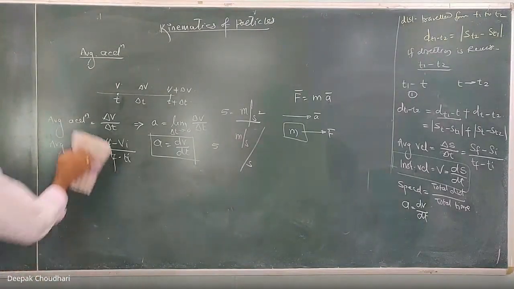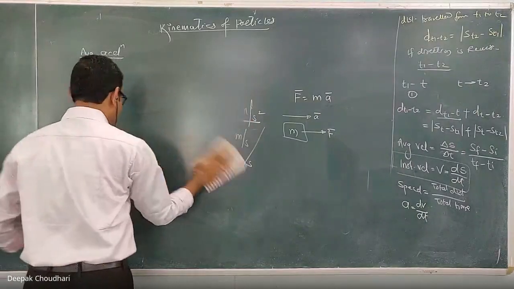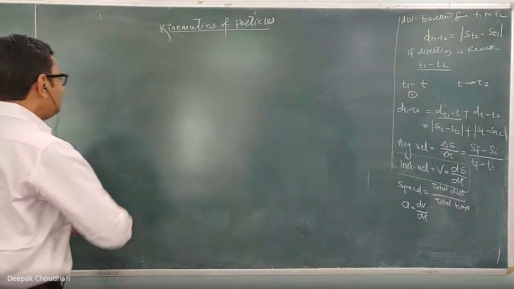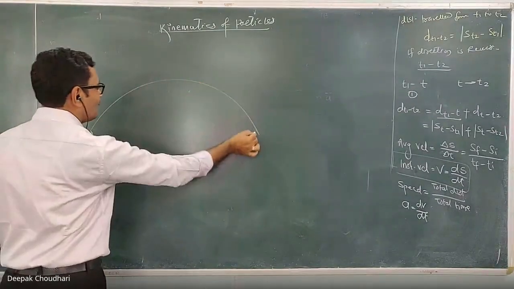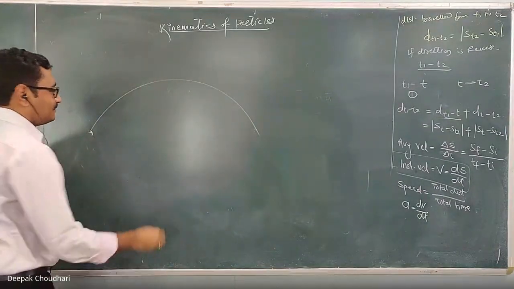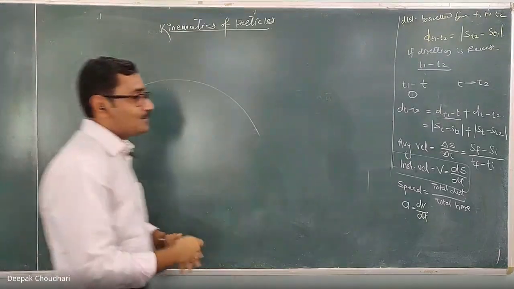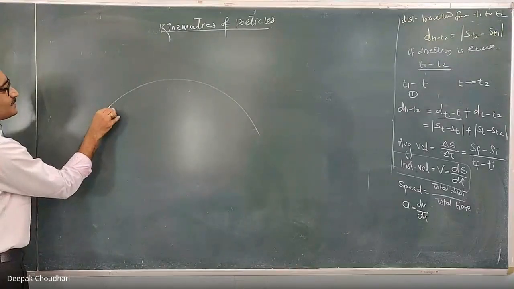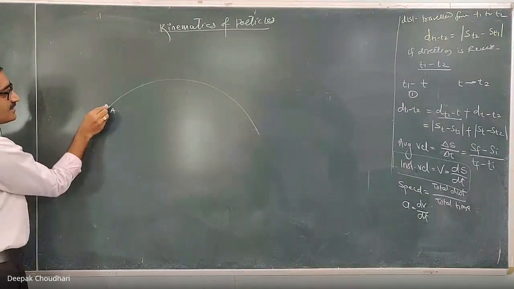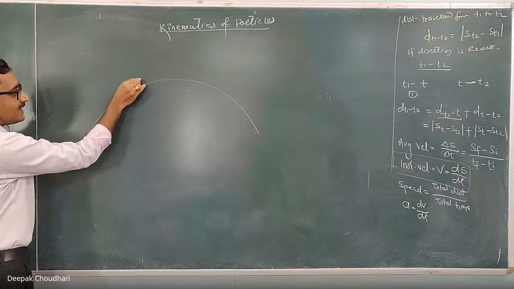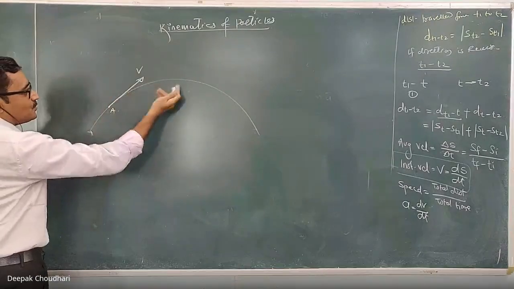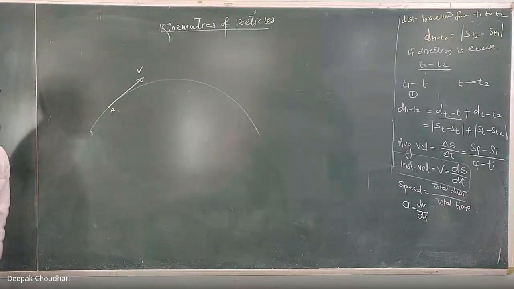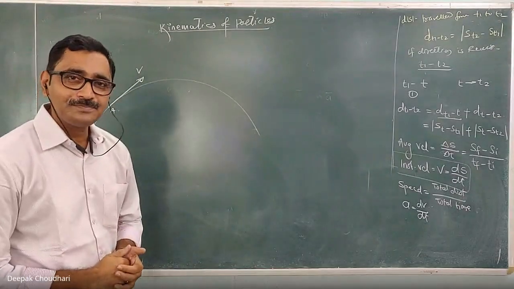For example, yesterday we discussed projectile motion. In projectile motion, when the particle is thrown, this is the path traced by the particle. Yesterday I also told you about the direction of the velocity. When this particle is at this position during projectile motion, the velocity is tangential to the path and in the direction of motion. So this is the direction of the velocity vector at this instant. Am I right? Did you understand this?